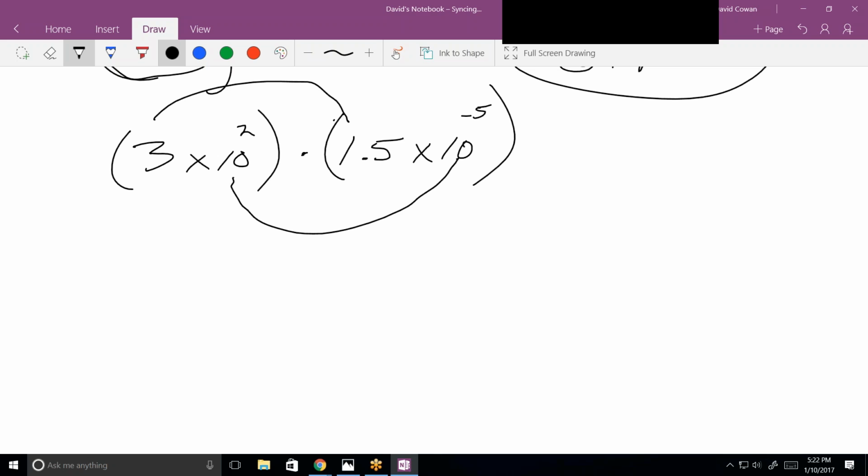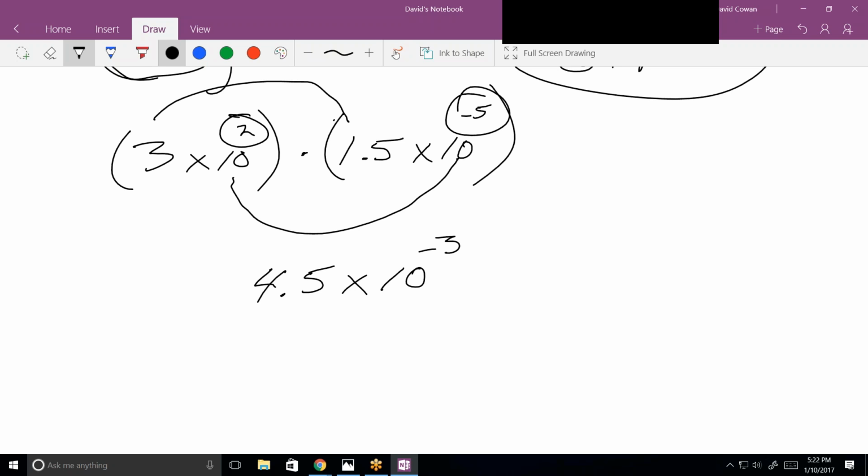3 times 1.5 is 4.5. And then times 10 to the what? I'm going to add these two exponents. Oh, yeah, you're adding. Okay, so that's negative 3. And that's in scientific notation. Now, if we want to know what number that is,